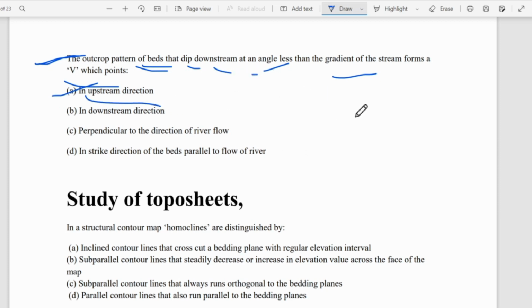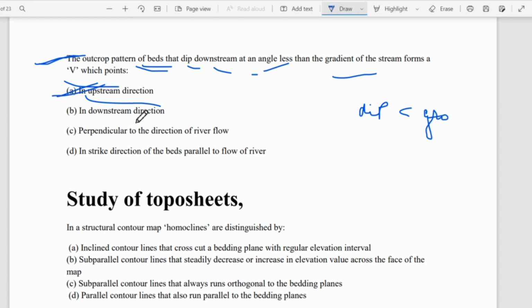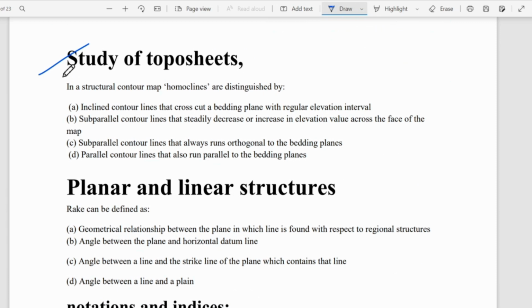If the dip is less than the gradient of the stream, this is the only case in which you will find the V pointing upstream. Okay. Next is study of topo sheet. In a structural contour map, homoclines are distinguished by